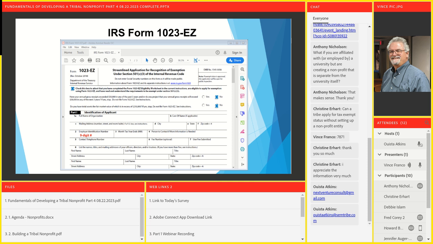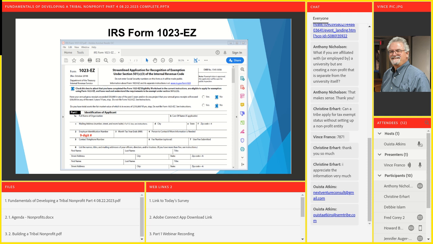All right, right underneath that big long line under the top line, and then almost to the middle above part 1, you see a blue X. It says check this box to attest that you have completed the 1023EZ eligibility worksheet that we just went through. So they're asking you, kind of like under oath, did you do it? Did you complete it? And did you answer no to everything? You check that box to say, yeah, we got it. We understand. We are not an HMO. We are not a faith-based, et cetera, et cetera.